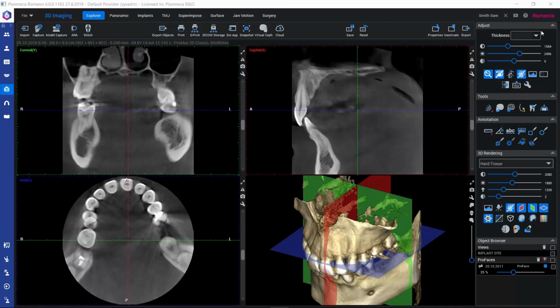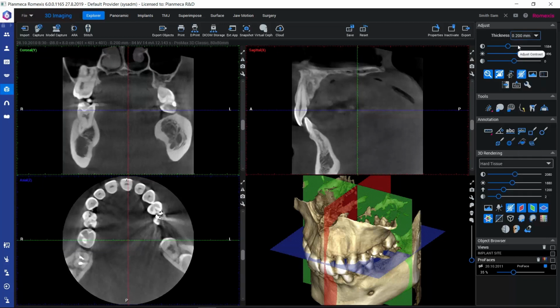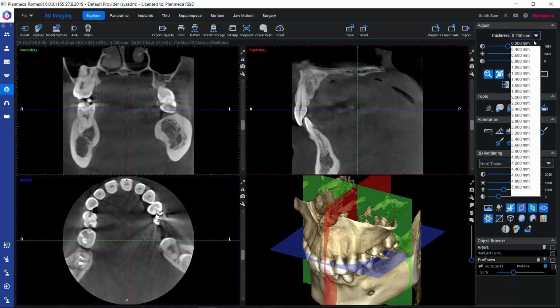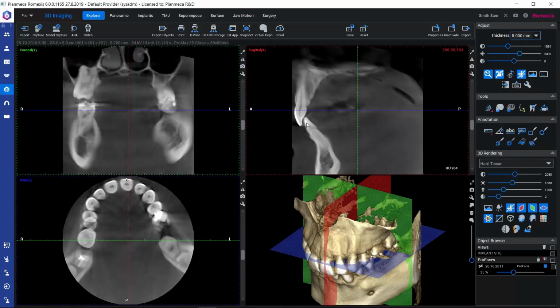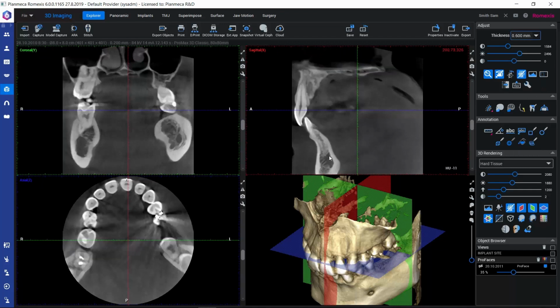If we open this drop down here, we can select a thinner slice, in which case the images look sharper because there's less information, or we could, for example, select the maximum thickness for the slices, in which case they become blurrier because there's more information in them. So by using this drop down here, we can set the specific slice thickness for all of these slice views